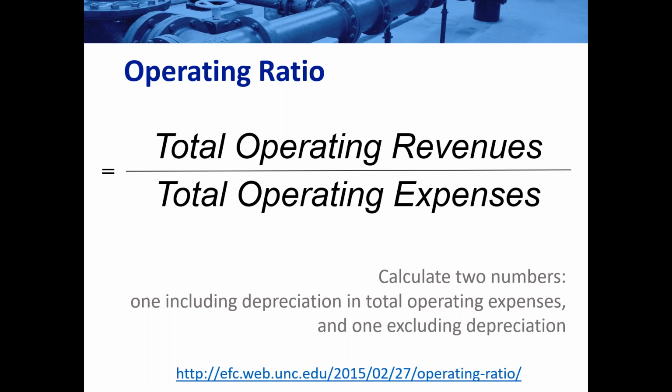So when you calculate this ratio with depreciation included, you're asking yourself whether the revenues you're collecting from your customers were enough to cover operations and maintenance and depreciation. Now, if you exclude depreciation, you're just asking whether revenues are enough for operations and maintenance. Why you would want to include depreciation is because it includes some measure of the amount of money that you might need to generate to save ahead of having to replace those assets that are deteriorating over